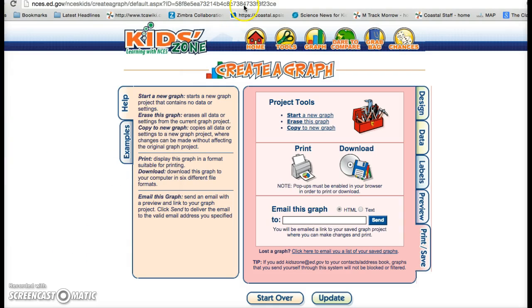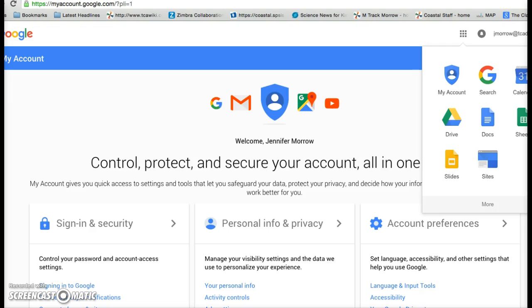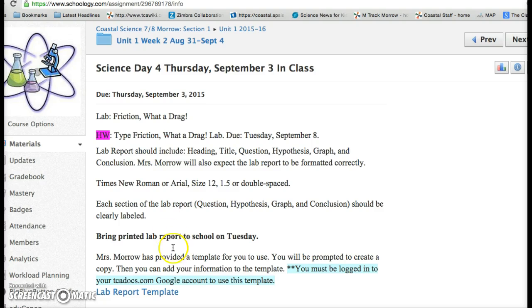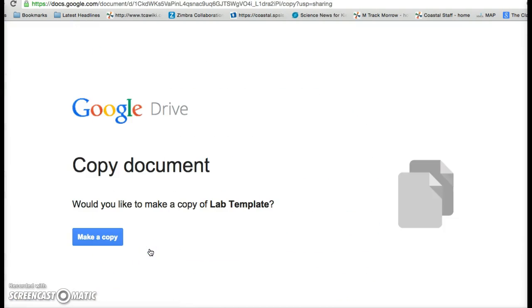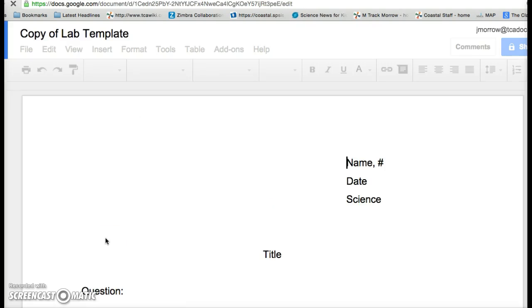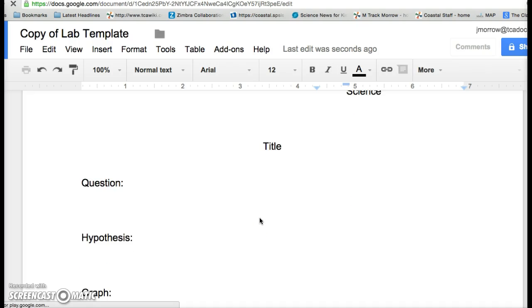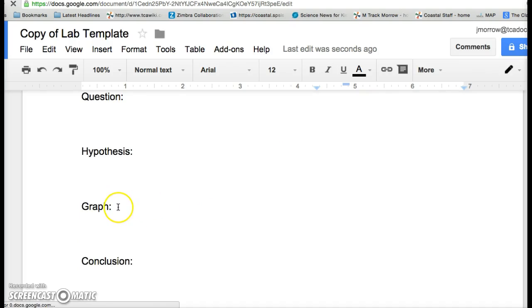So now I want to go ahead and open up my template that I created in class. So I'm going to go back to Thursday's assignment, click on Lab Report Template, and I'm going to make a copy of that just like we did in class. And so here is my lab report, and right here at Graph I'm going to insert the graph I just created. So I'm going to go to Insert,